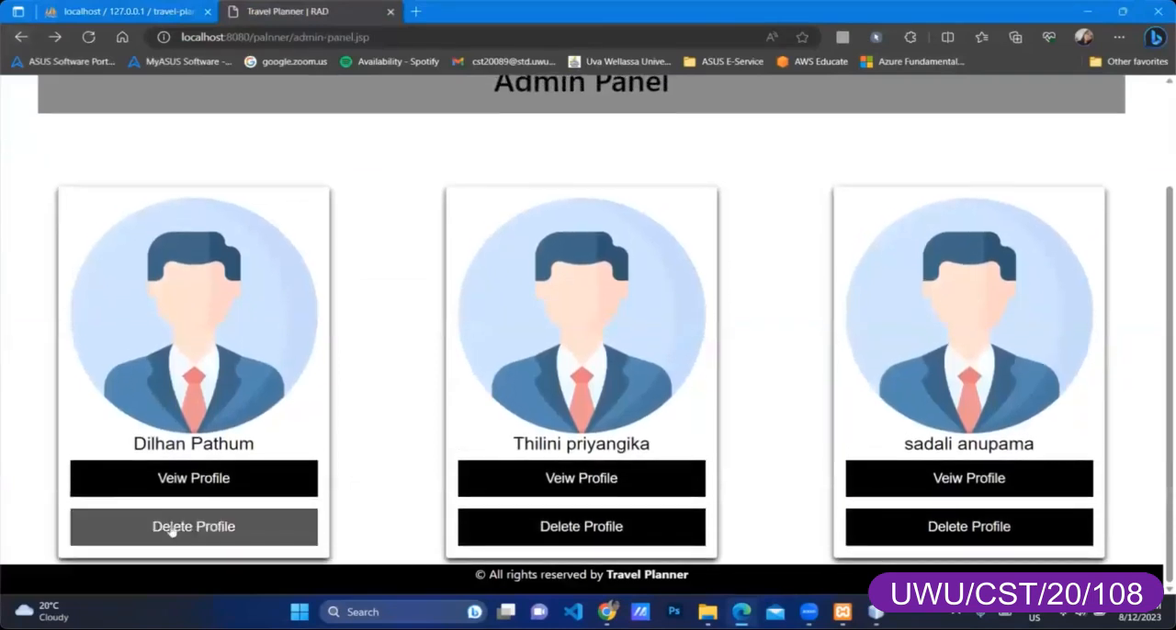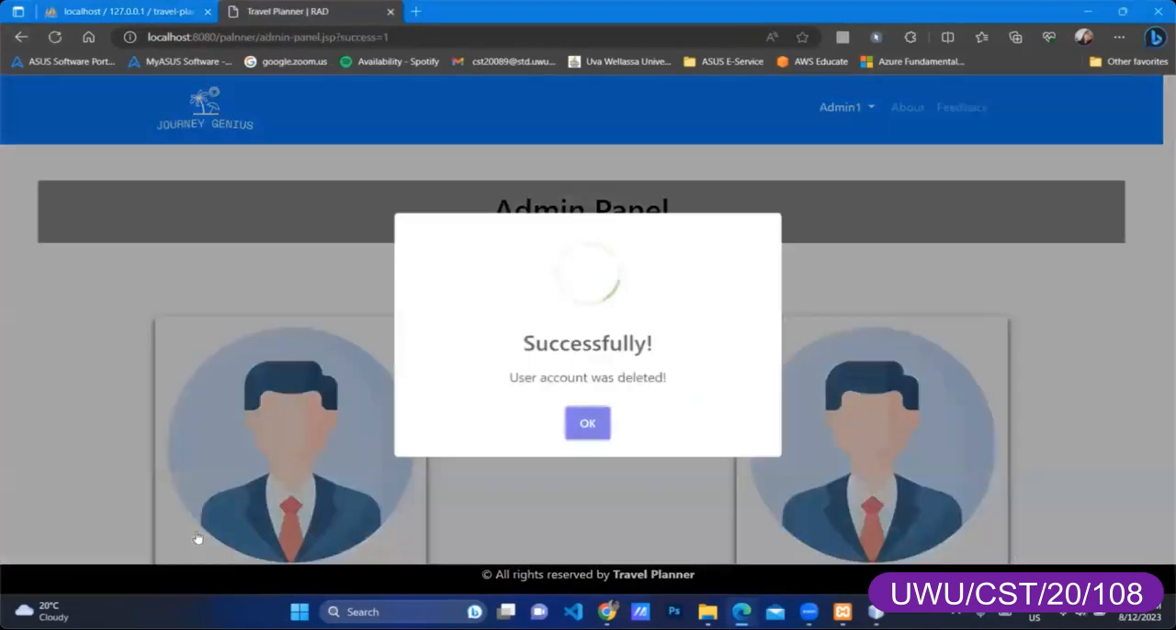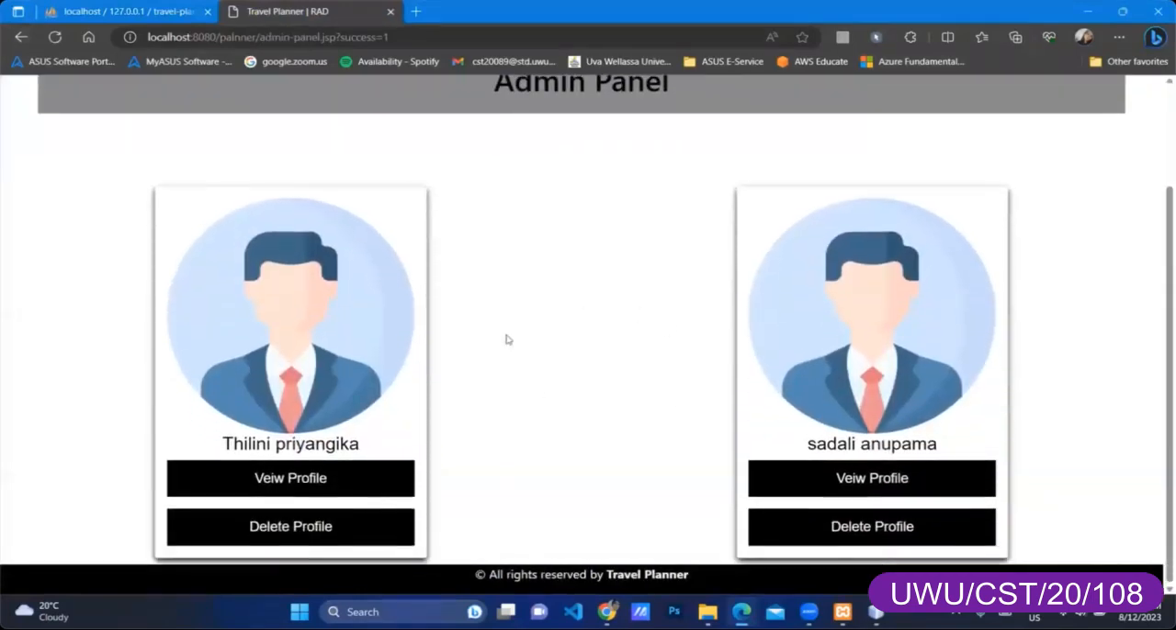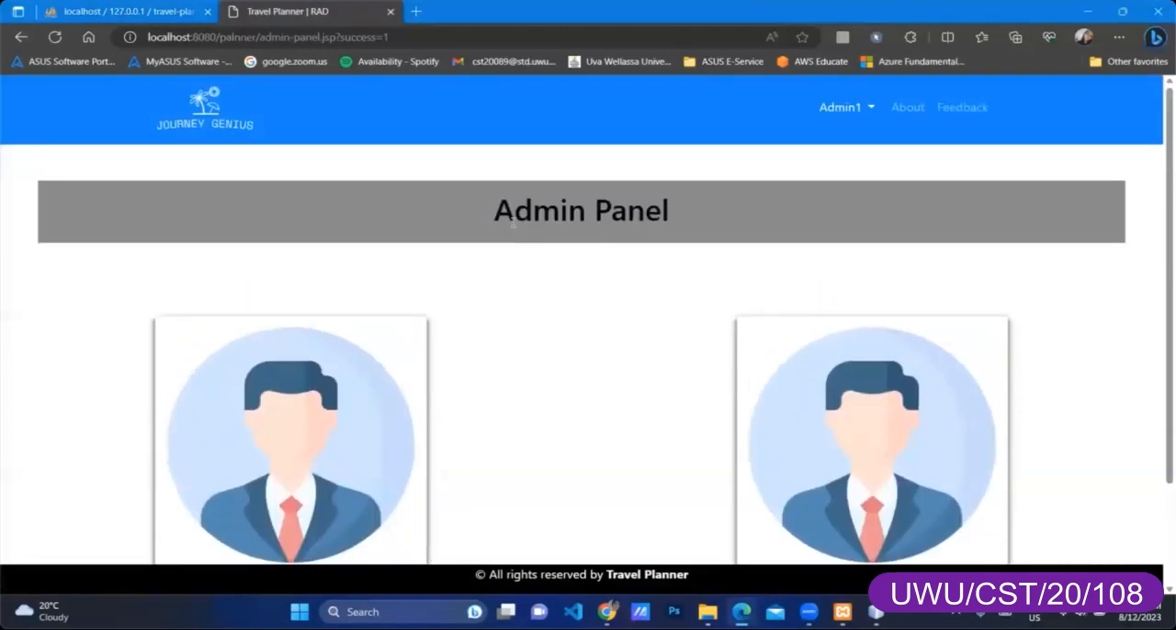And if we click delete profile, it will delete the user profile from the admin panel, and it will show the profile deleted successfully. Then the deleted profile will disappear from the admin panel. This is all about